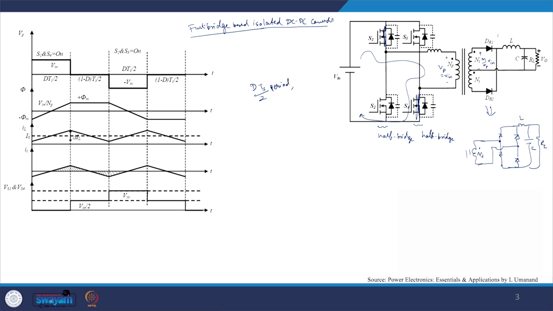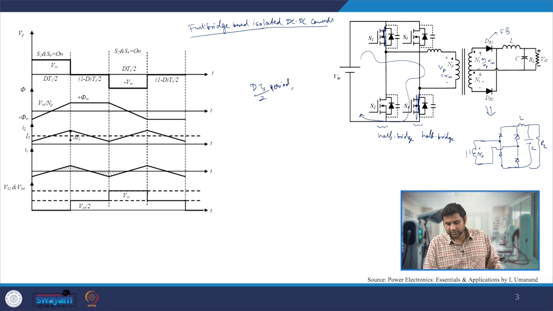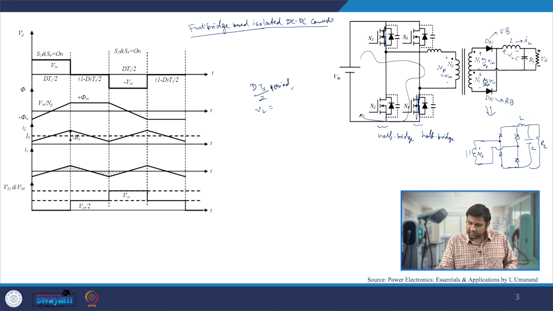And because of that, what happens is that this DR1 will get forward biased, and since here again we have minus Ns by Np into V in voltage applied, this is now reverse biased, and then across L we are having IL current. So VL, we can write Ns by Np as n, is nothing but n V in minus V naught voltage applied across this inductor. And since there is a positive voltage applied across the inductor, there is a positive slope, which is nothing but n V in minus V naught by L.